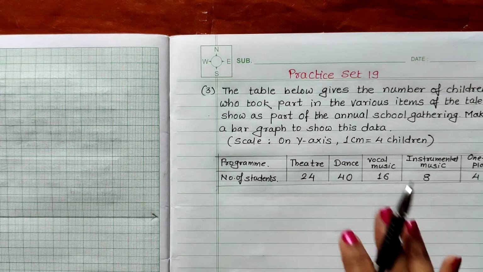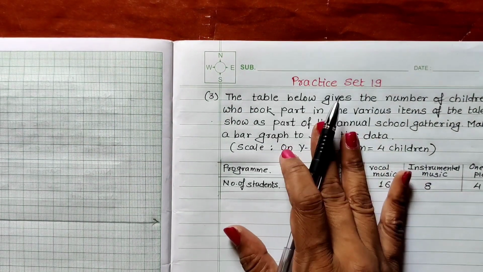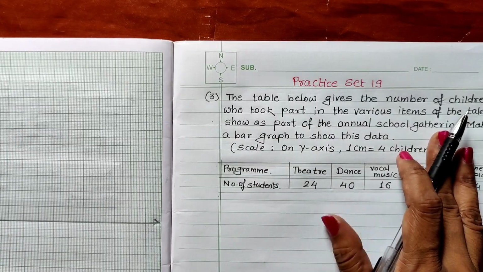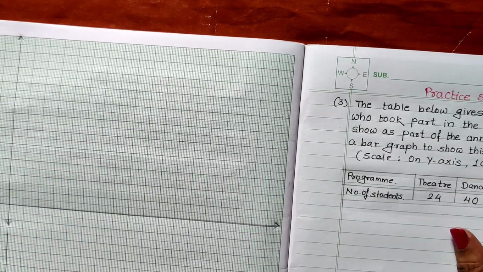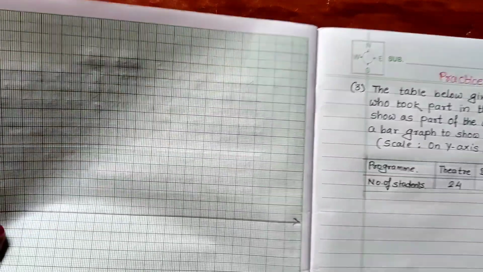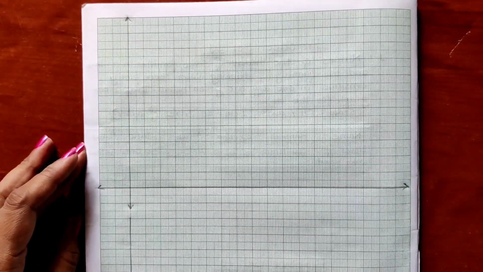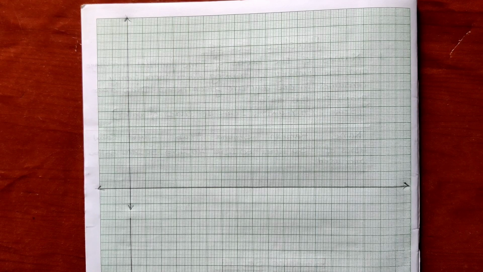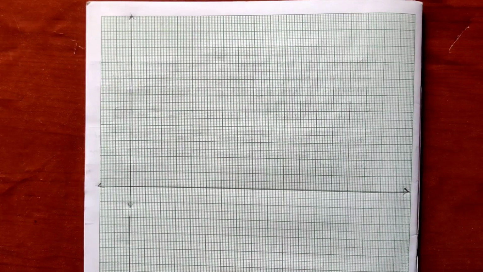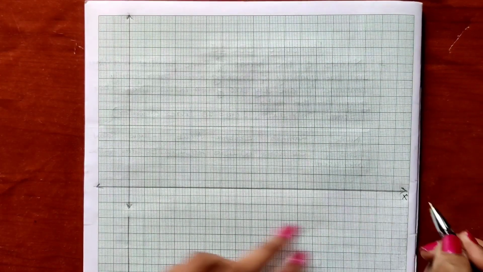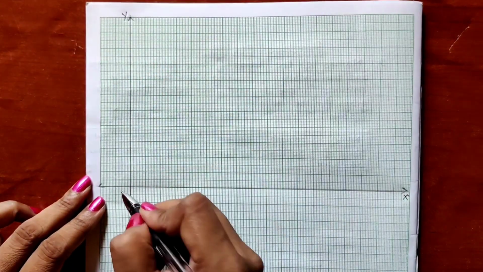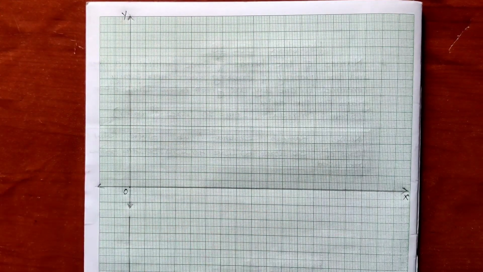So as usual I have written this question on the lined side of my graph book, and on this side I will be drawing my graph. So I will be folding and then I will show you so it can be seen clearly. So this is my x-axis, this is my y-axis, this is origin O, 0.